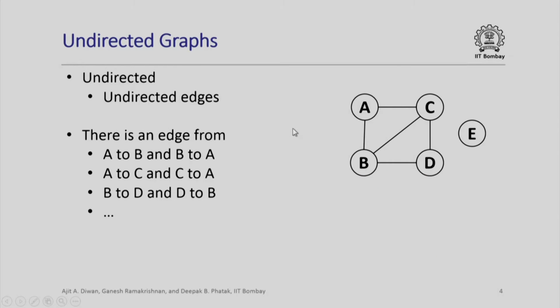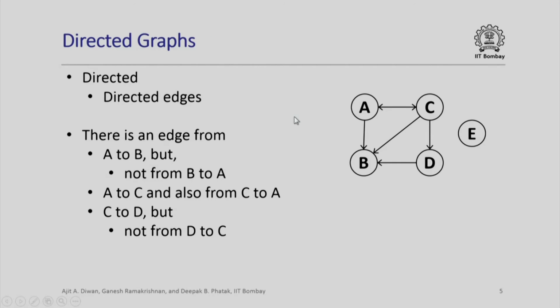There are two types of graph. One is called the undirected graph, which is the most general graph, in which the edges have no direction. What it implies is that if there is an edge between A and C, we will say that there is an edge from A to C and also from C to A. We will say there is an edge from A to B and also from B to A. This is what is illustrated here. This is the property of undirected edges: every such edge represents an edge between the two nodes, in either direction.